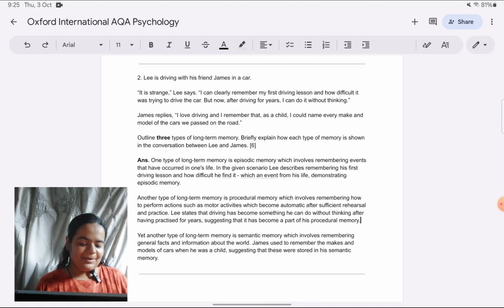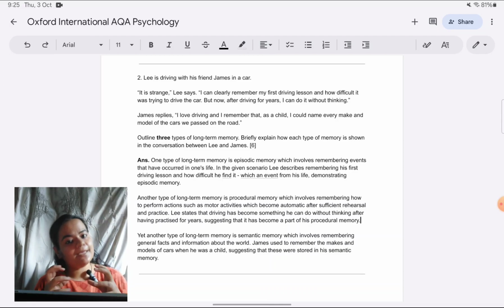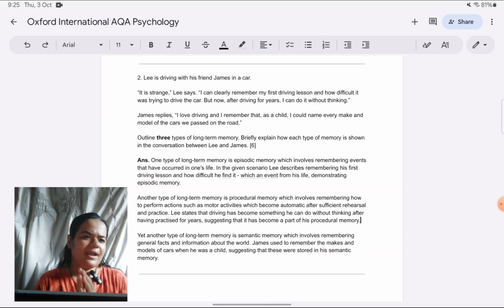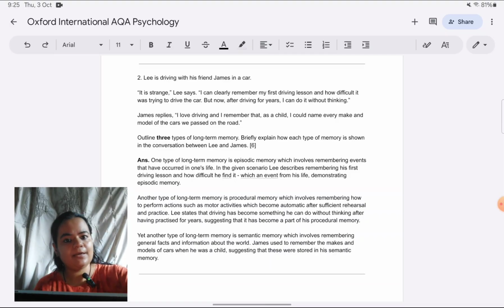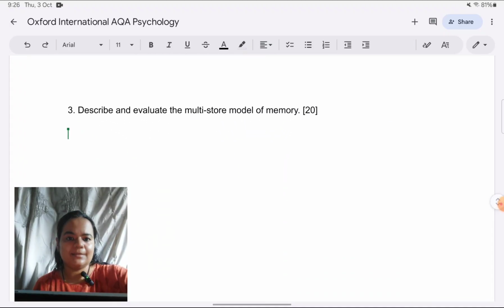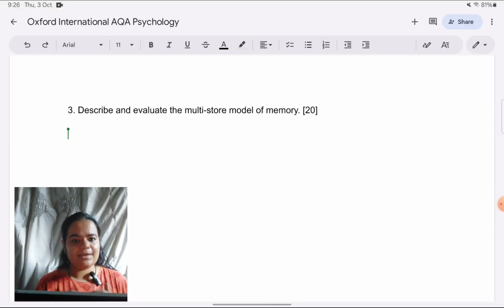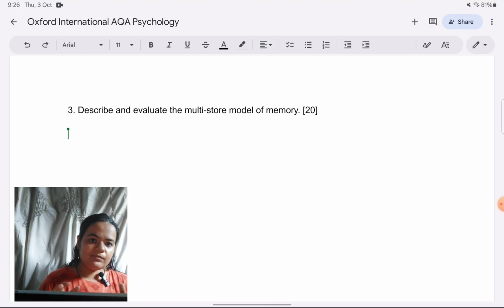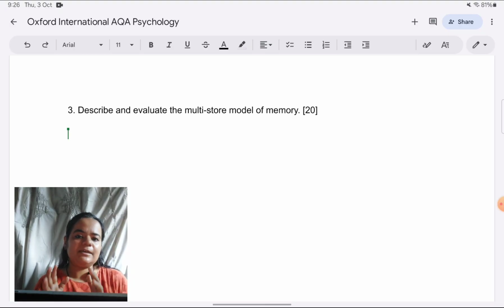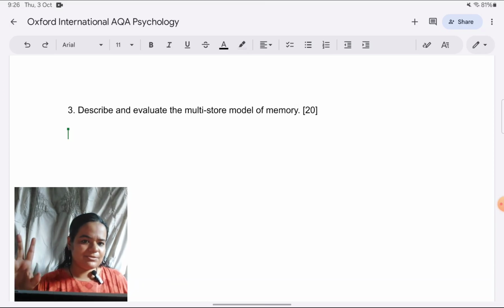Okay, then we have the 20 marker. I'm seeing that I unfortunately don't have that much time to write the entire 20 marker. I'll make an outline for it, a thorough outline for it. And I know that whatever points I put down in the outline, you will be able to put them in paragraph format, in essay format. So I just want to tell you right now what I'm writing for the 20 marker. It's an outline. It's not the way you have to write, like I'm going to write it in points. That's not the way you have to put it in the paper. You have to put it in proper paragraphs in an essay. I'm just doing this because of a little time crunch which I am having. And from the answers which I've written before this, like the 4 and 6 marker, you must have got an idea of writing style also.